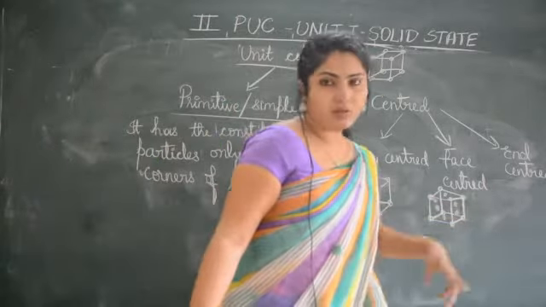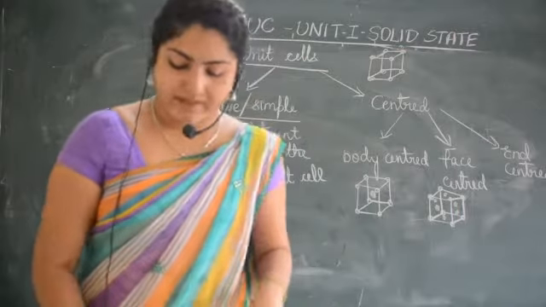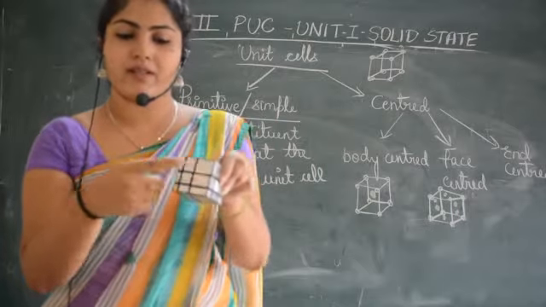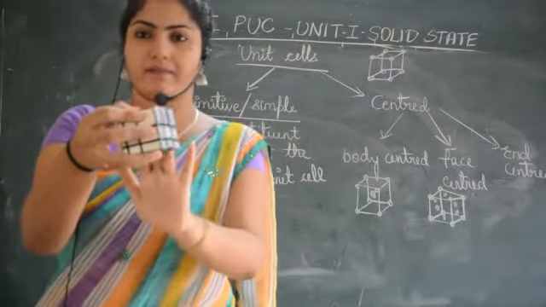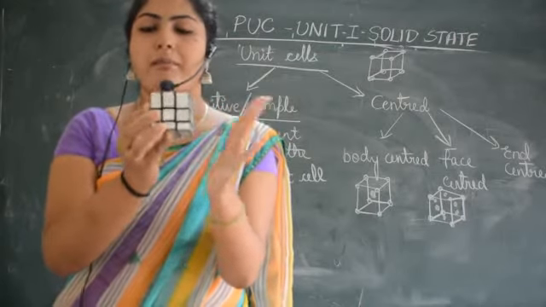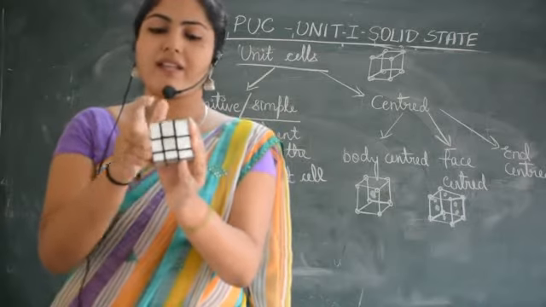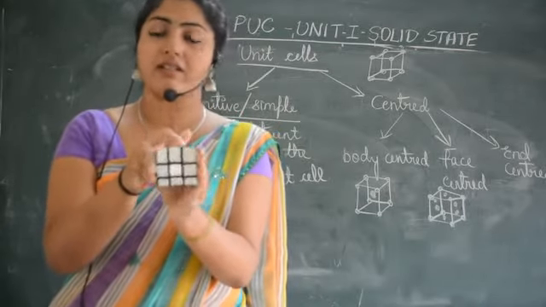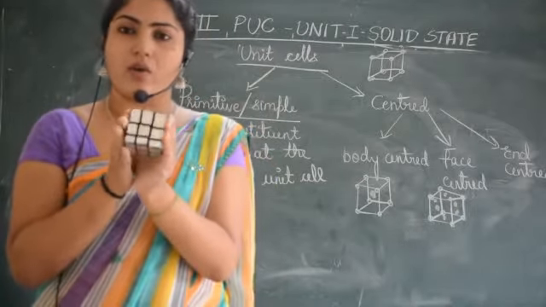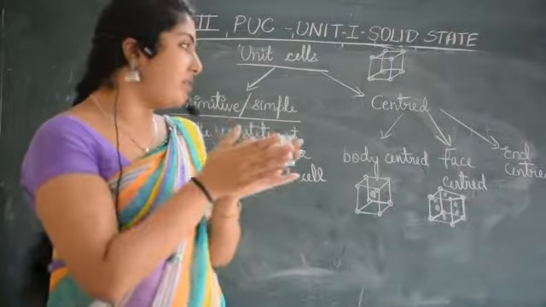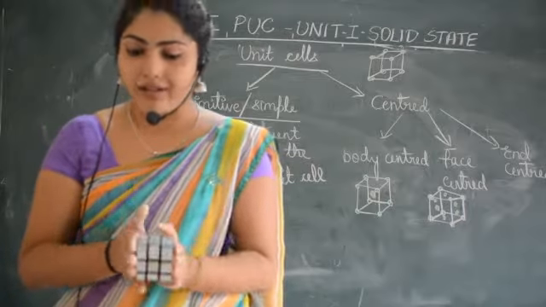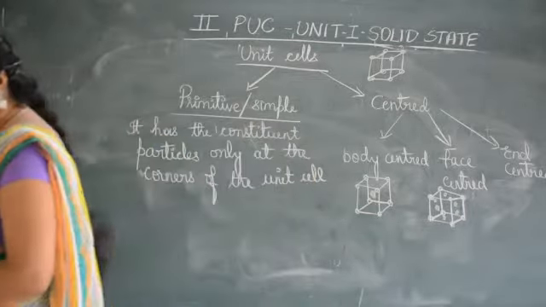What is end-centered unit cell? You know, if the atom is present at the center of the opposite faces, see, which is the opposite face for this? This opposite face is here, back. Am I right? This is one face. Its opposite face is this one. Between these 2 faces, if there is one atom present at the center, it is called as end-centered unit cell. Got it? So at the opposite faces, if the atom is present, constituent particle is present, we call them as end-centered unit cell. So just make a note of it.